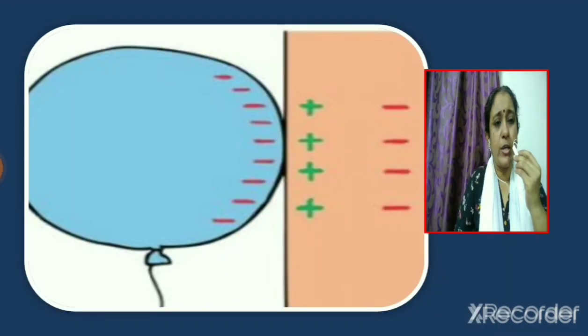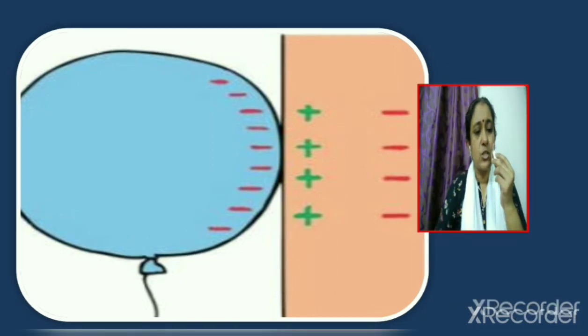When a glass rod is rubbed with silk cloth, the glass rod becomes positively charged. Now when it is brought near an inflated balloon, the balloon will be attracted towards the glass rod. It is because of the force of attraction between the positive charge on the glass rod and the negative charge on the inflated balloon. So from these activities, we can conclude that when two objects are rubbed together, they become electrically charged. Therefore, it shows the presence of charged particles inside an atom.